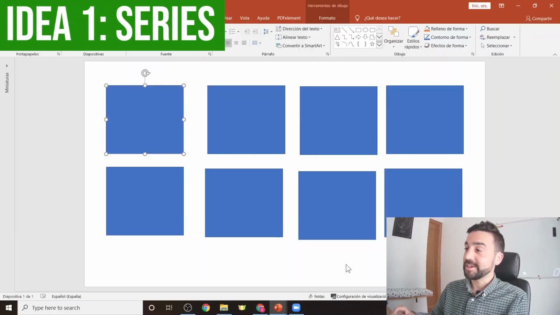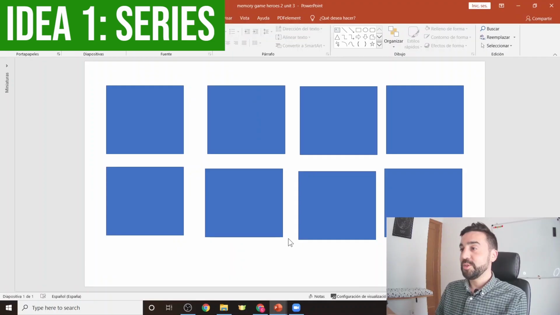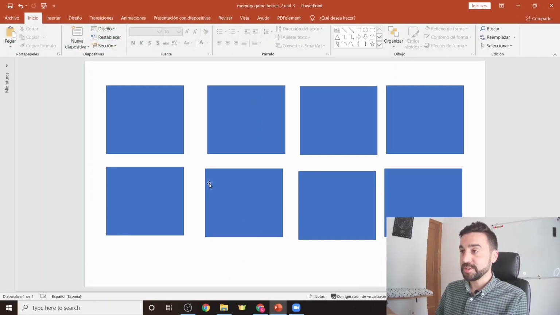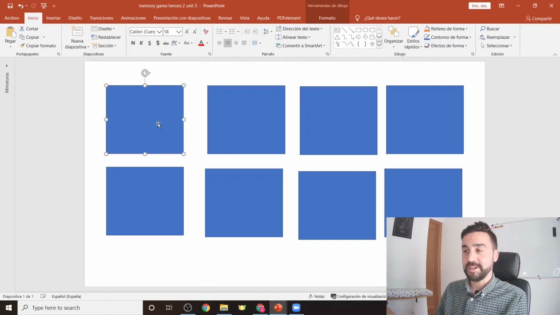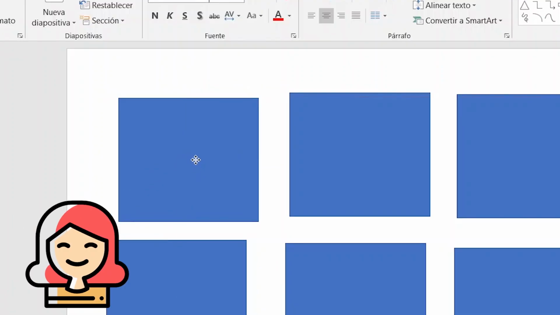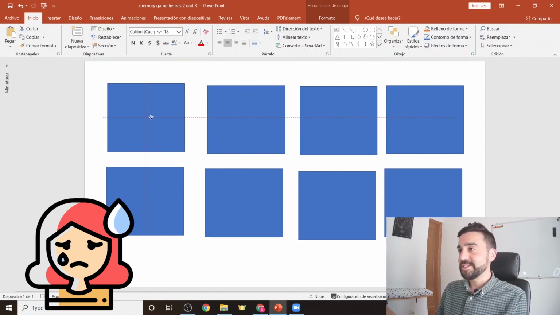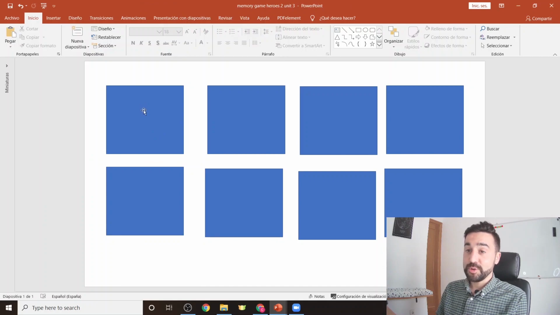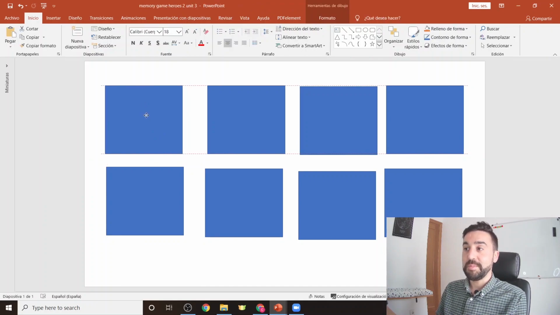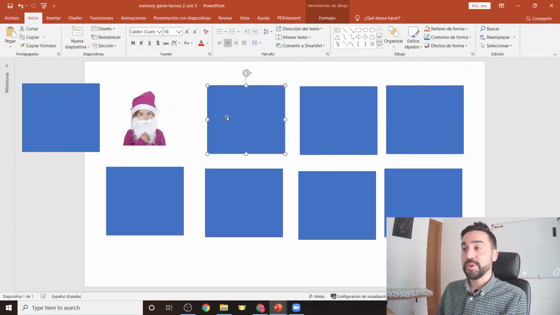Okay, let's get started with the first idea, which is called Series. So here's the first idea, and look, here's one I made earlier. What we do here is we ask the first student to guess what is under this card. Now in this activity, we were doing descriptions of appearance. So the student would say curly hair, and we'd slowly reveal this to show a beard. And yeah, that was probably Pedro. We would then move on to the next student, and they've already seen this card, so they'd obviously say beard, which was correct. And now they have a go at guessing the next one.